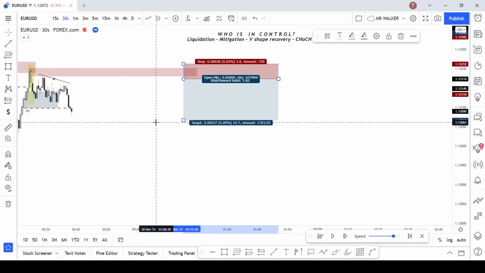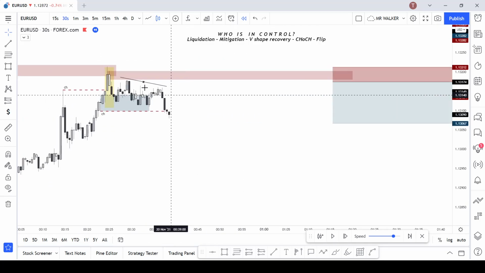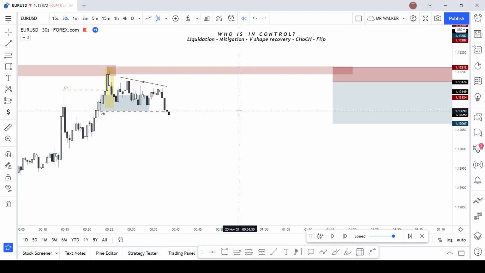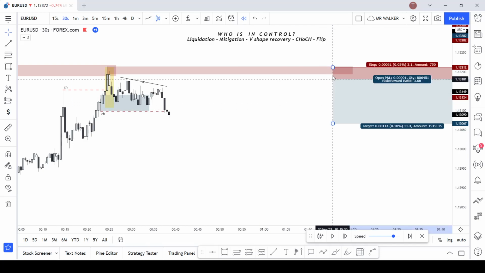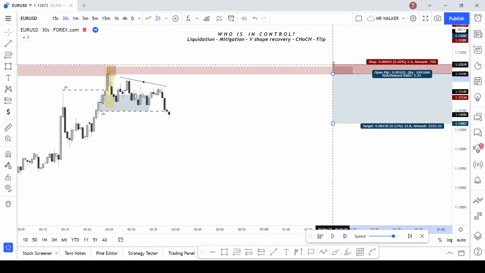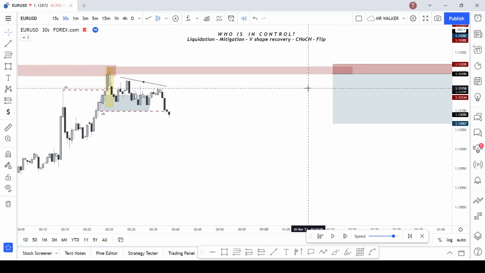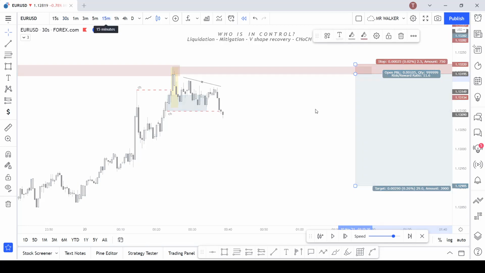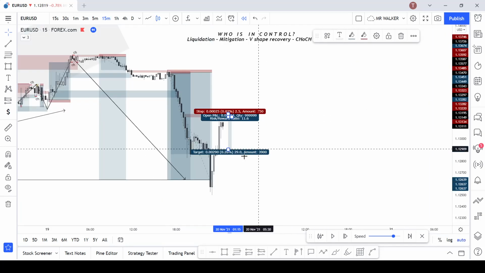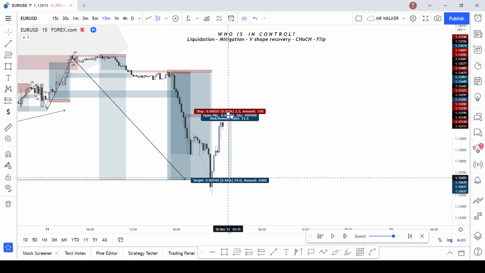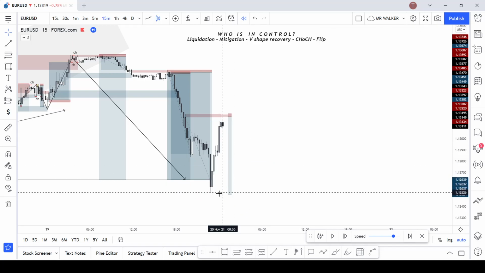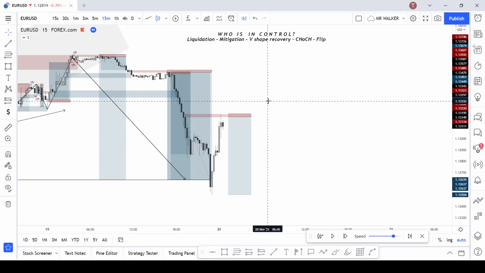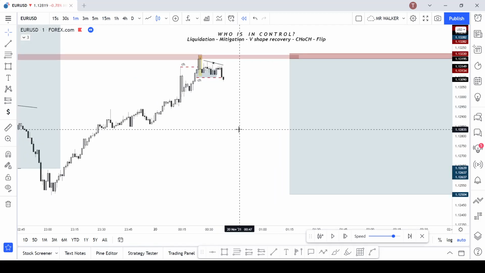I actually don't really like this wick. I mean, yeah, I think I will go for this wick just for the sake of being kind of in a safe place. We did minimize our stop loss to 2.5 from 3.1. Not a big cut, but it is what it is. You know, may as well target this high. I mean this low. But actually, let's see if we get taken out, or we will see some